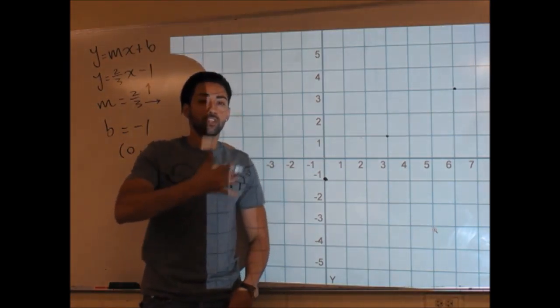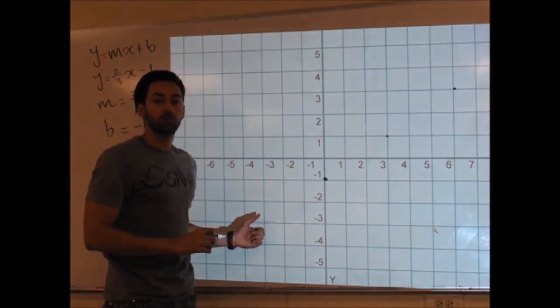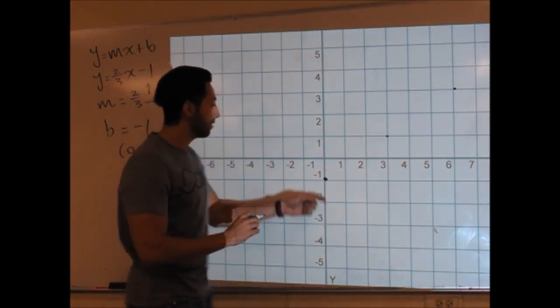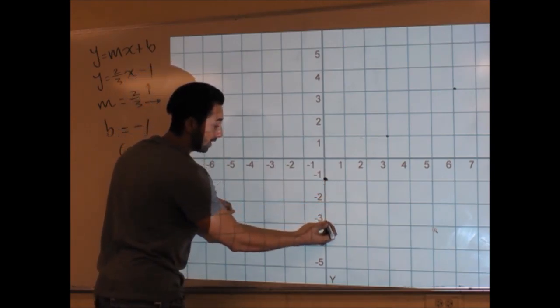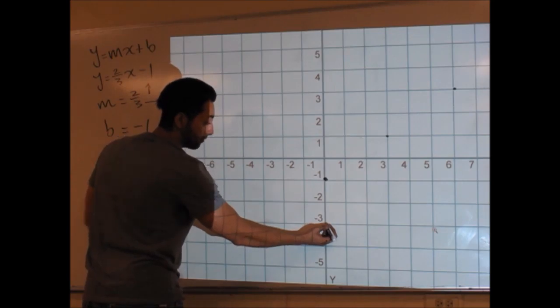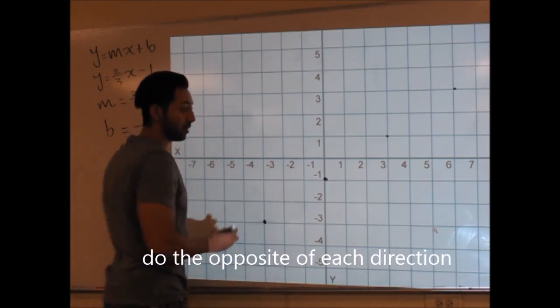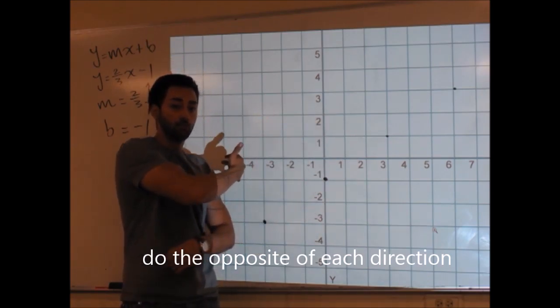Now that case I was telling you with the backward thing is, let's say I wanted to see what a point over here would look like. You'd have to do the opposite of what the slope's telling you. So instead of going up 2 units, you'd have to go down 2 units. And instead of going to the right 3 units, you'd have to go to the left 3 units. If you wanted to see what the line's looking like to the left.